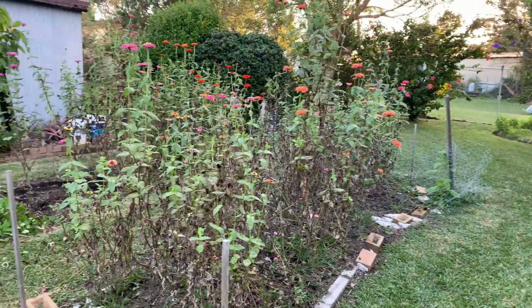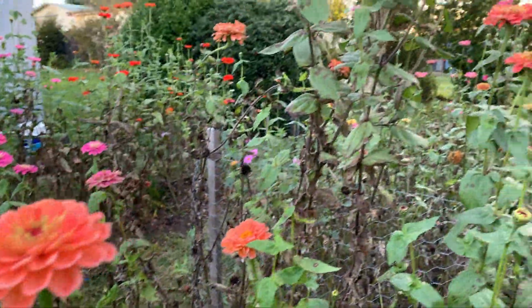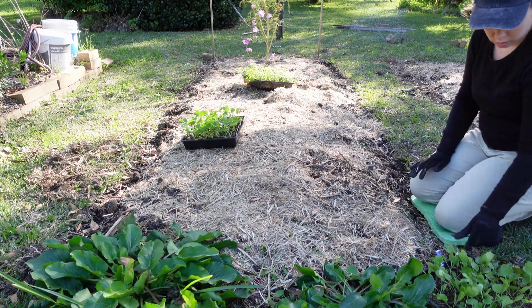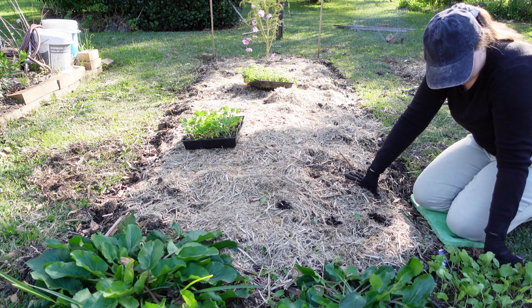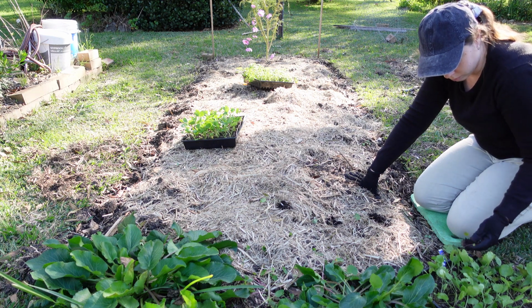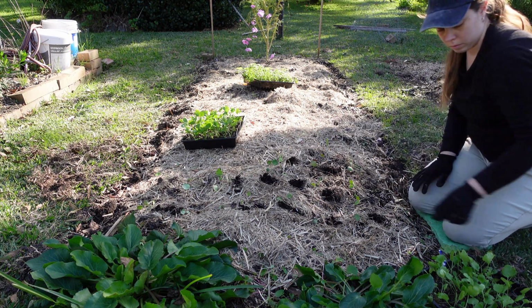To prep them, once I took out all of the zinnias, I used some pelletized chicken manure, as well as some worm castings, and then sugarcane mulch on top of that. The soil was already fairly nice and fluffy because I had broad forked it before I put the zinnias in, and I'm really happy with this soil now that I put the time and effort to broad fork them and just really take care of this soil, because now I can really use more of a no-dig approach and just layer on compost and amendments, and then the soil is fairly loose already, which is great for planting all of